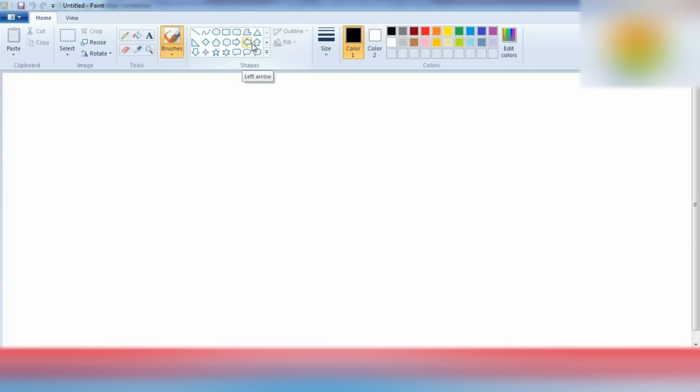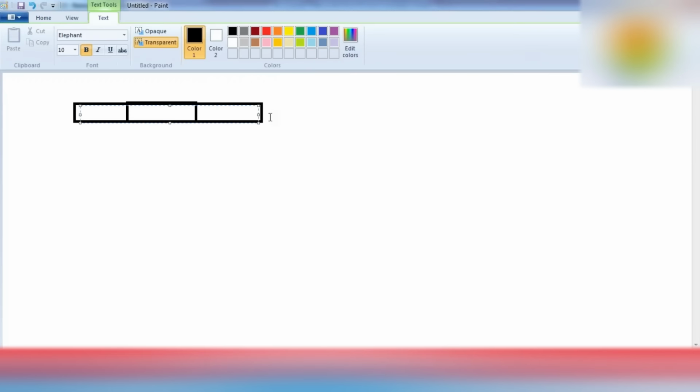So what is entity type? Entity type is nothing but, let me just show you in a structured way. Let's suppose this is your entity type: ID, name, salary.